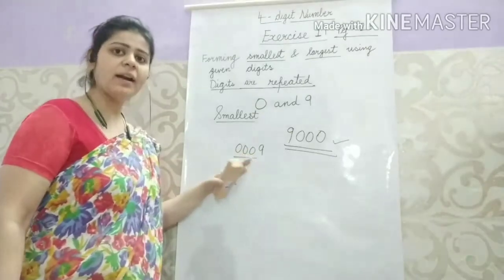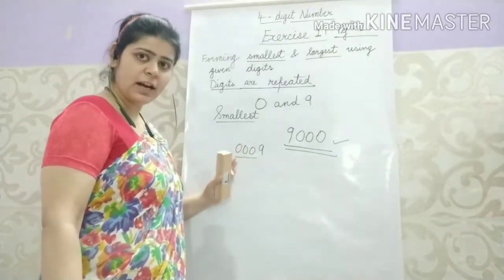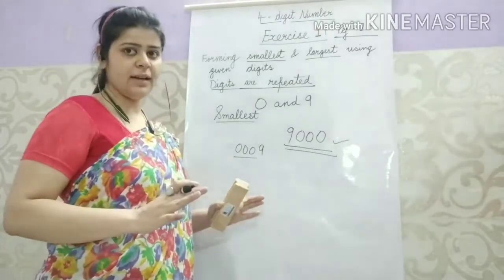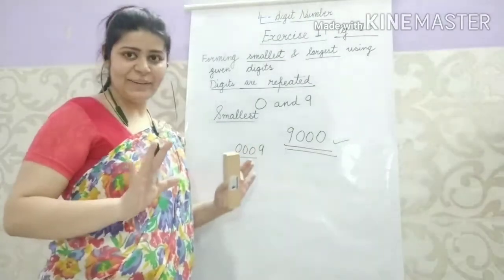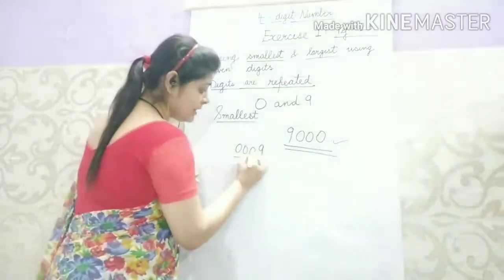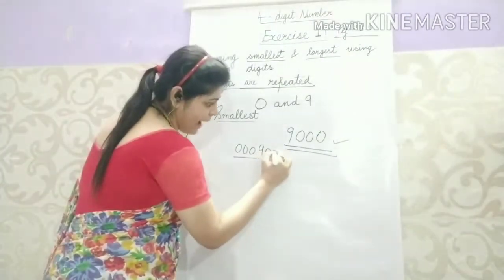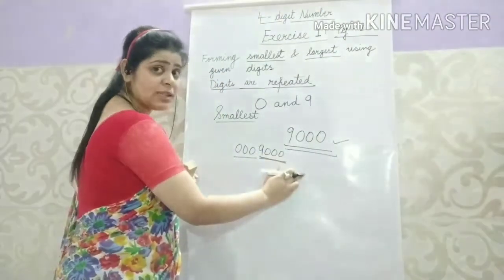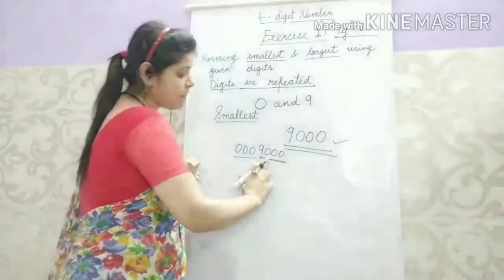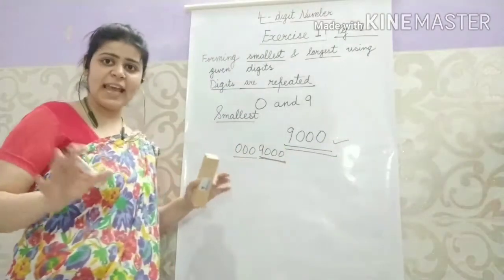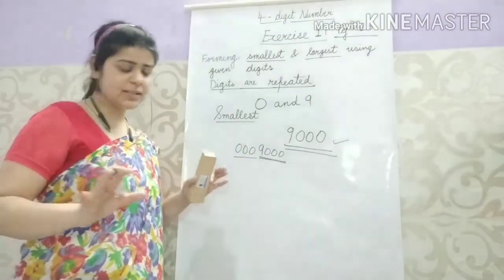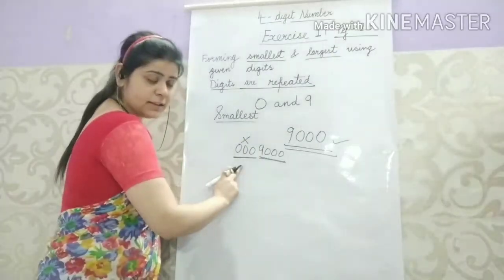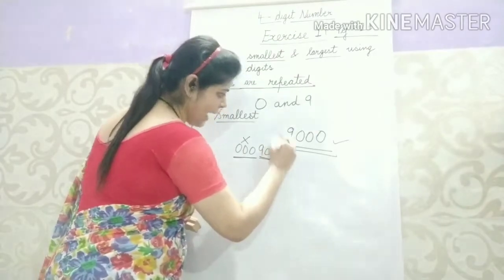Because when you write 0 in front of a number, its value becomes nothing. The value of 0 will become 0 only. But if we put zeros at the back of the numbers, there is some meaning. It can become thousands, hundreds, tens, ones. Understood? So you will not put 0 in front of the number, but you will put it at the back.